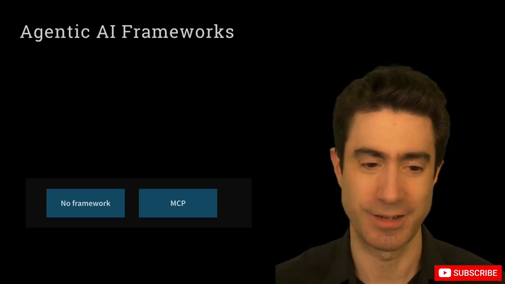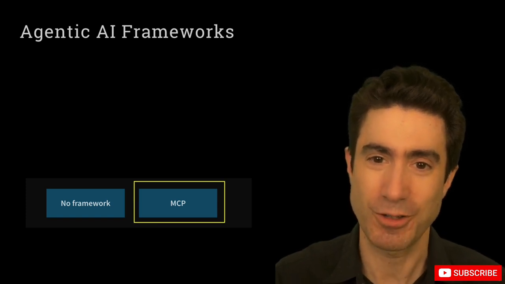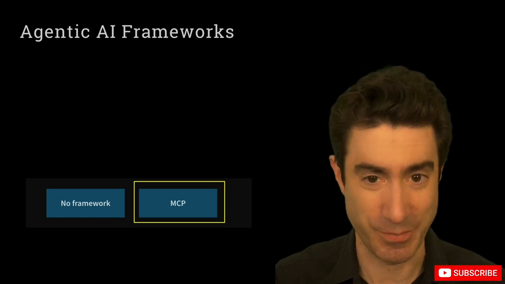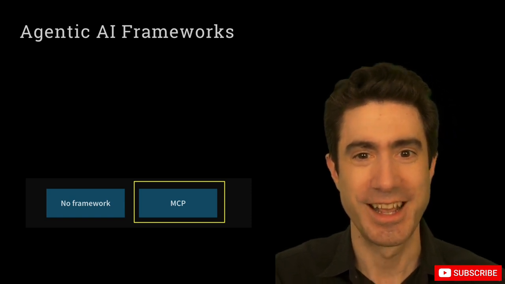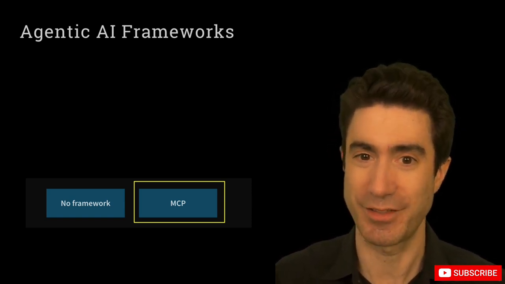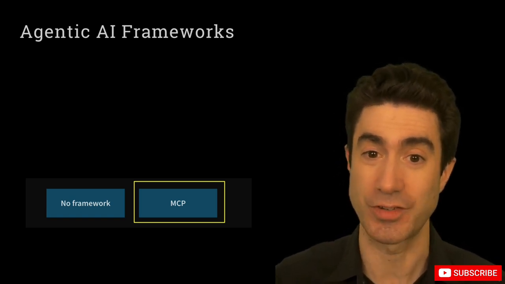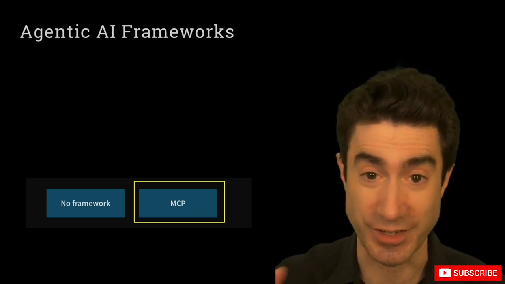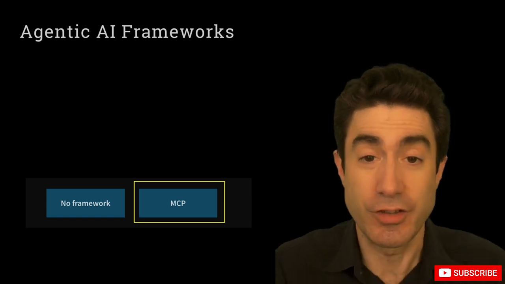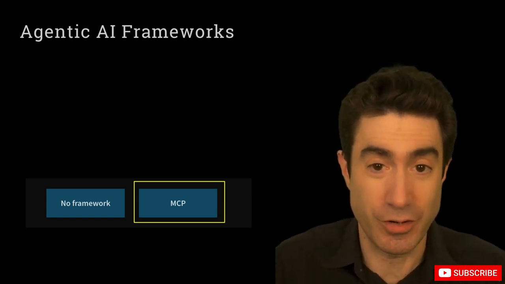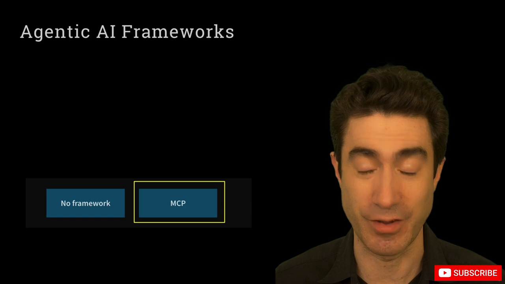Now, alongside having no framework, I've put something called MCP, and that stands for the Model Context Protocol, and it's something created by Anthropic, who are believers in no frameworks, and it's not a framework. It is a protocol, so it's a way that things can connect together. It's open source, and the idea is it allows models to be connected to sources of data and tools in a way that's sort of open source, agreed, established. So you don't need to use any glue code. As long as you conform to this protocol, you can stitch together models and their providers in this very elegant,